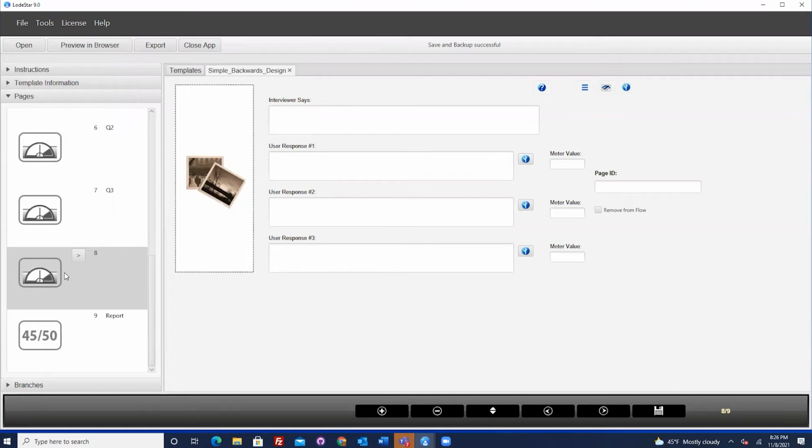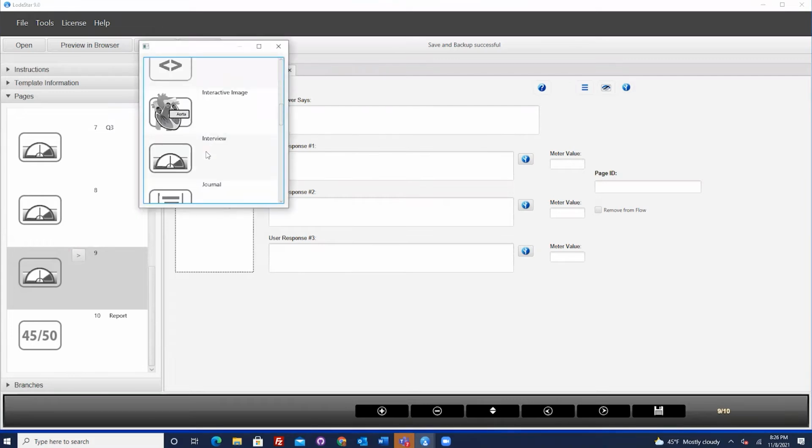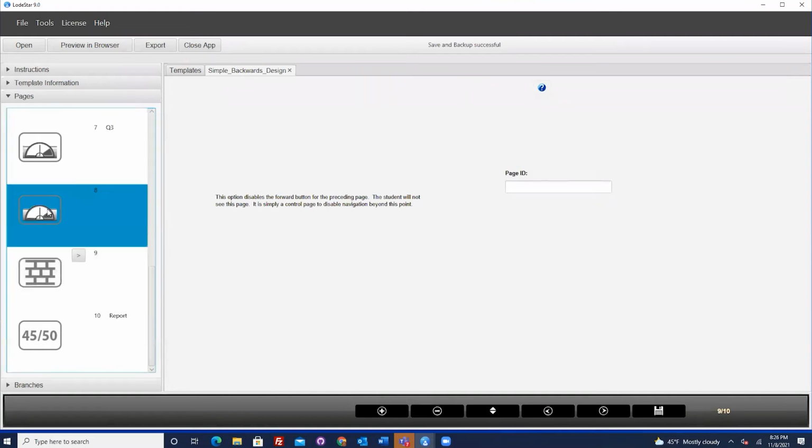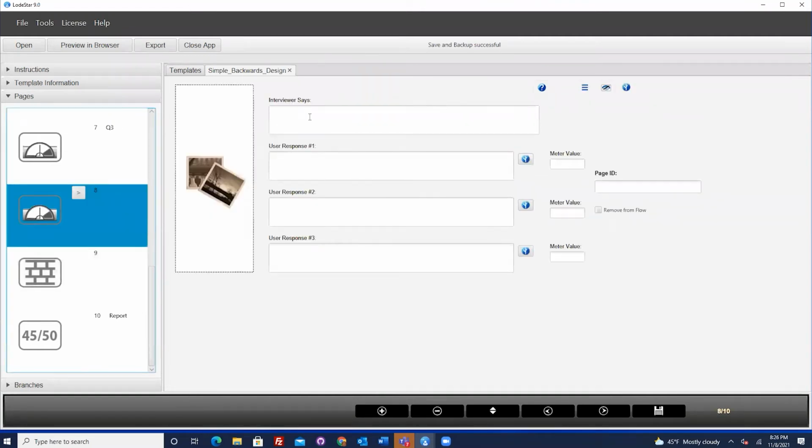So in order for me to really make the purpose of this clear, I'm going to add one more page, and I'm going to change this page to a wall. Now let me explain this. There's no way to get to the report by just simply navigating. There's a wall. It prevents the student or the learner from going from page to page and then to the report. The only way they're going to get to the report is based on their response to this